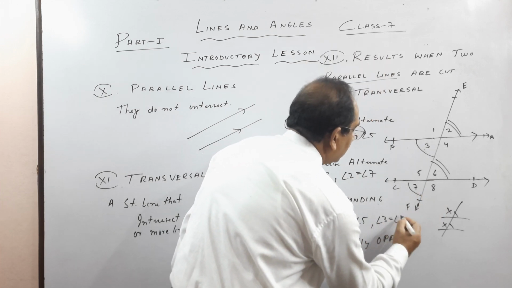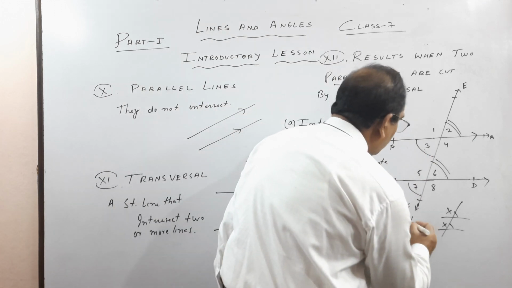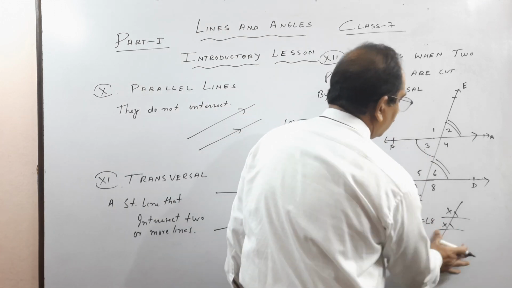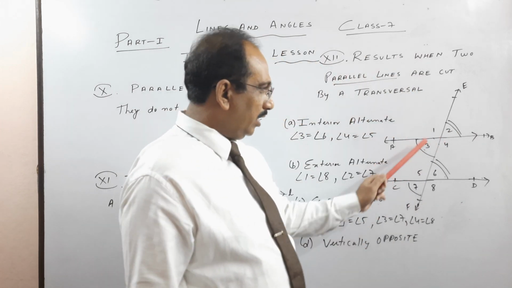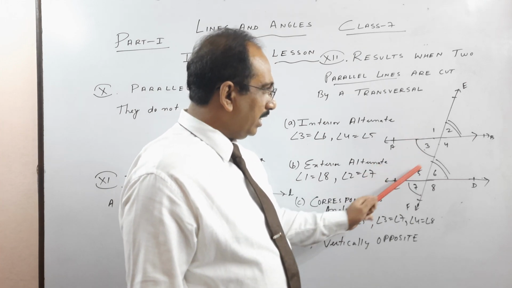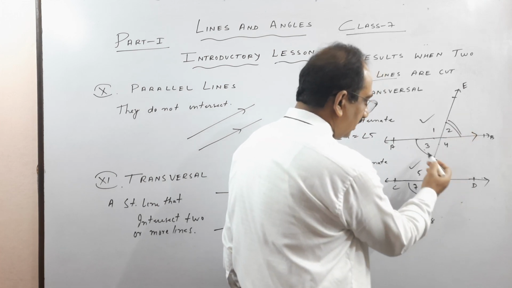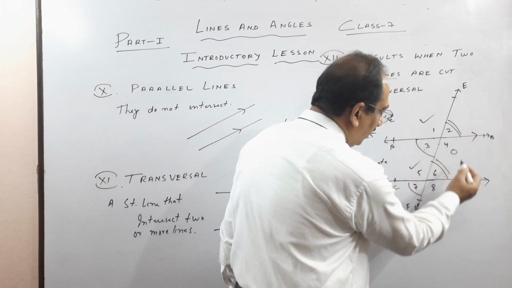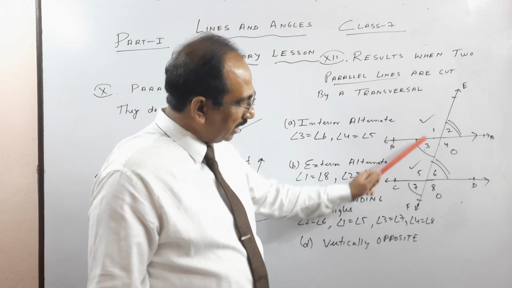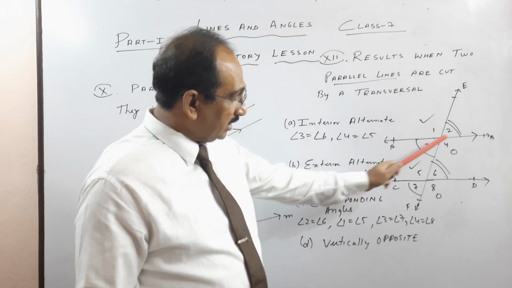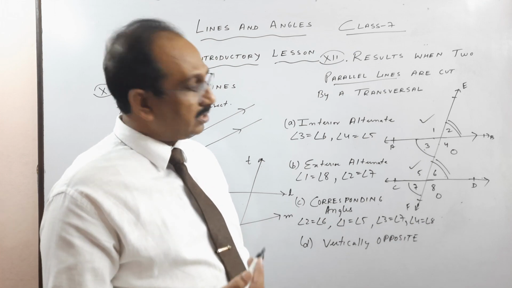Angle 3 is equal to angle 7. And one more last pair, 4 and 8. So 4 and 8 we have also as corresponding angles. Once more, see the pattern: 1 and 5, 2 and 6, 3 and 7, and 4 and 8. They are corresponding and equal. So write this, children, and practice.